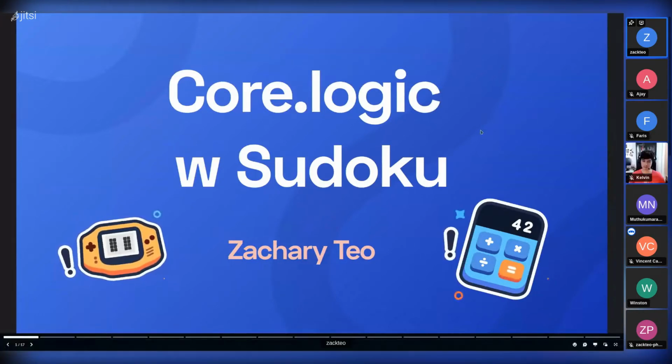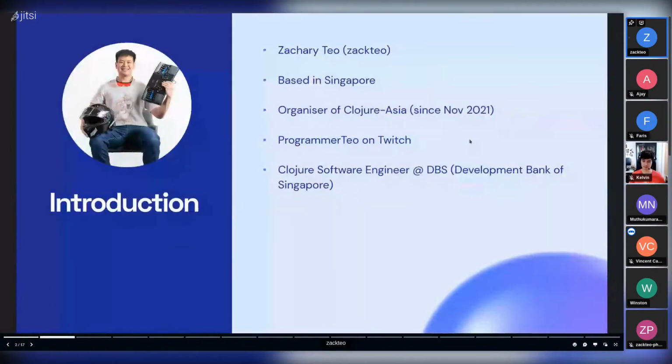So maybe I would share some things about myself first. My name is Zachary, for those that don't know me, and y'all can call me Zach. I'm based in Singapore, and I'm actually the organizer of this Clojure Asia Meetup, which I started off in November 2021, first pitching within Singapore, but it seemed to attract a more diverse crowd beyond Singapore. So I ended up pitching it as Asia as a whole, and I think that has grown through